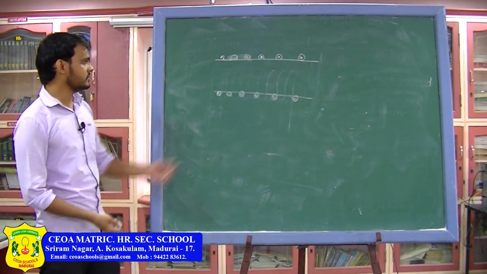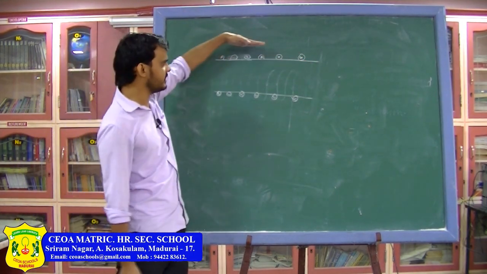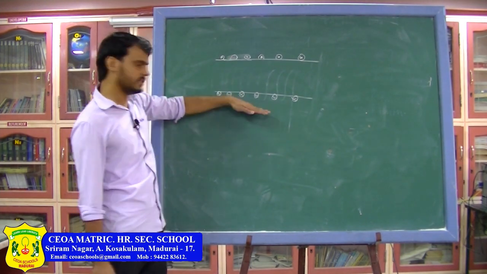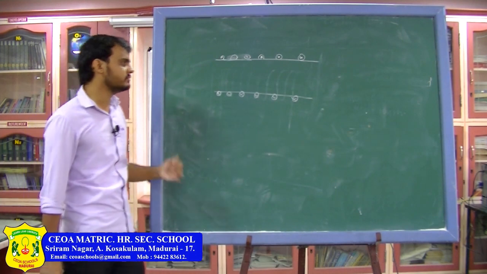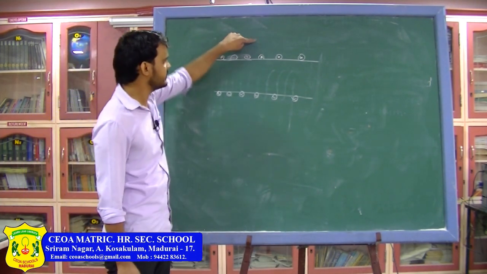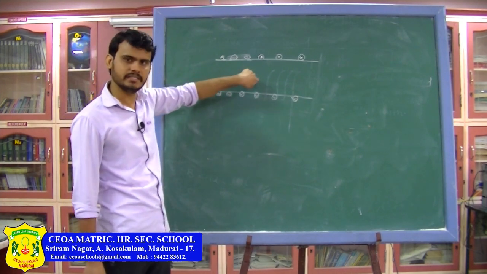So if you imagine the solenoid, on all the turns which are at the top, the current is coming out, and here the current is going in. Before using Ampere's circuital law, let's find out the direction of magnetic field at this point, which is outside the solenoid, again outside the solenoid, and which is inside the solenoid.